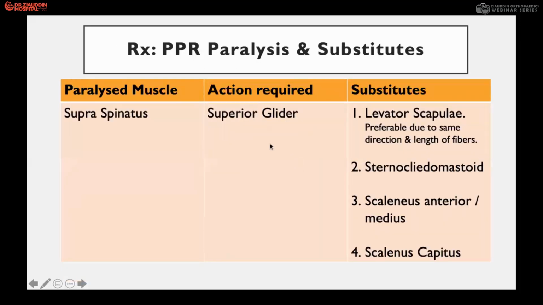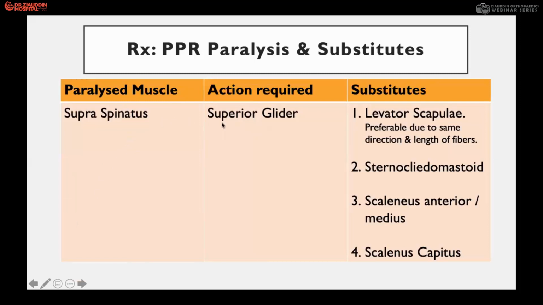Here we can discuss the substitutes for the residual paralysis of the muscles. For the shoulder, I would say there is the trapezius muscle and the group of superior muscles which are available, which can be transferred for deltoid palsy. But when there is a